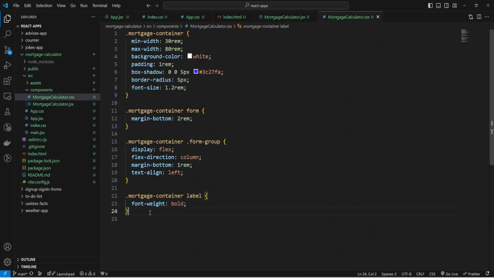I'm going to return to my CSS and provide styles for my input.